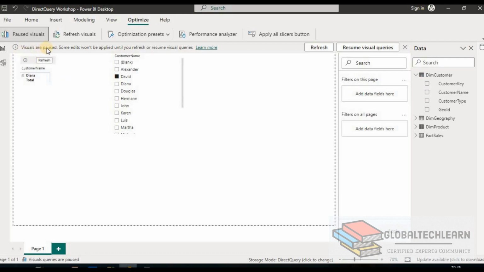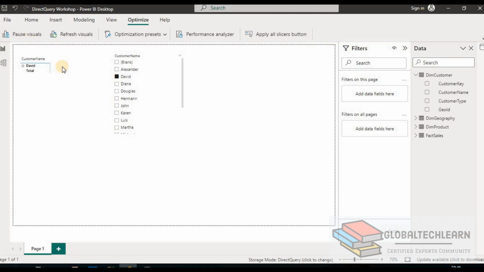So here we have paused the visuals, and since it is not sending any query, it is understood that the data is not getting refreshed over here. So let me remove the pause visuals. Now the data has been refreshed. Now let's discuss the next item, that is